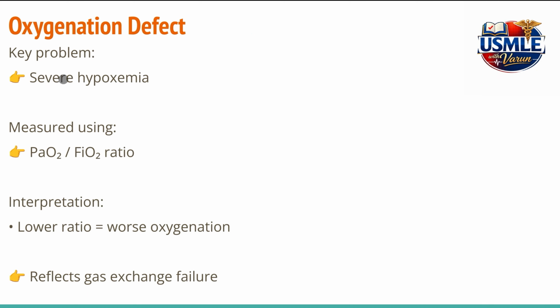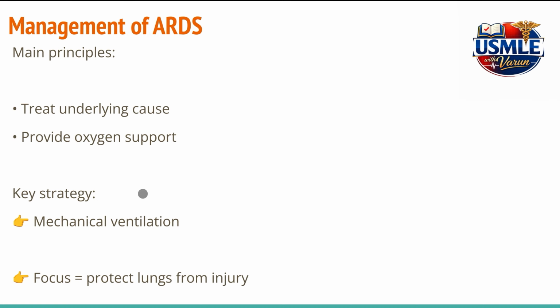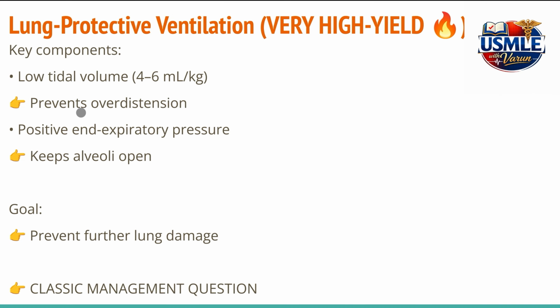The management of this condition is mainly focused on two goals. The first is that we have to treat the underlying cause, and the second is that we have to give supportive oxygenation. This is usually done using mechanical ventilation. But here's the catch: ventilation itself can damage the lungs if done incorrectly. So we use a lung protective strategy where we use low tidal volumes of around 4 to 6 ml per kg,